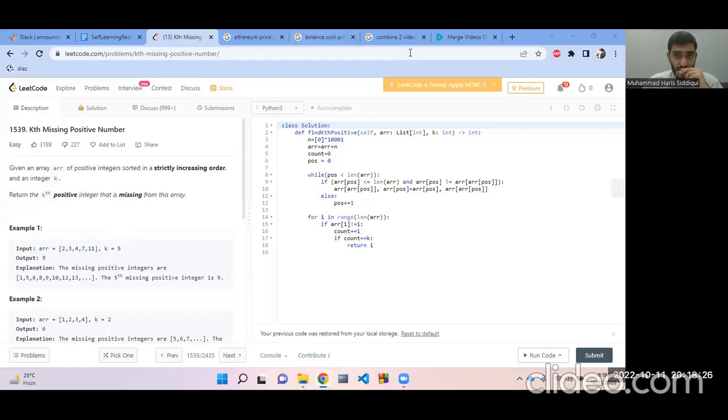So for example, in this array we have 2, 3, 4, 7. So 1 is missing in this array, as well as 5 is missing in this array, and then 6, but 7 is present. 8 is also missing, and then 9 is also missing. So if you see carefully, we have to find the